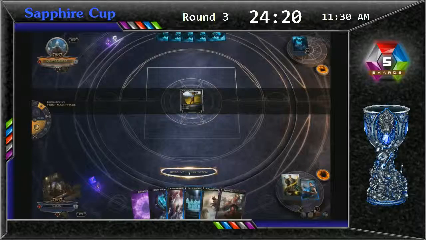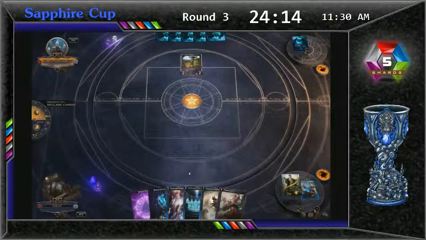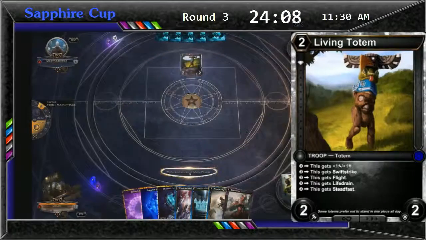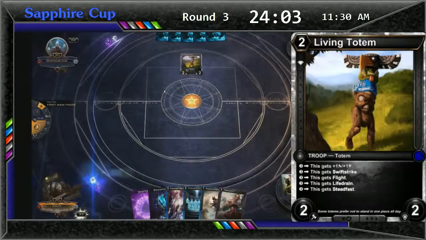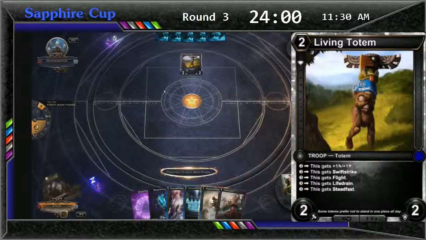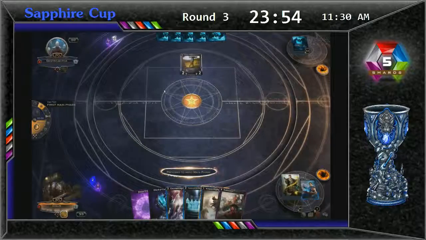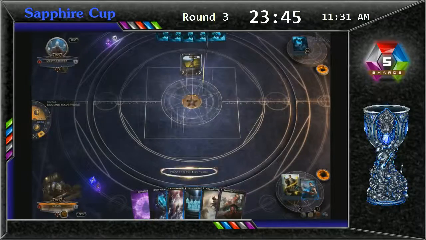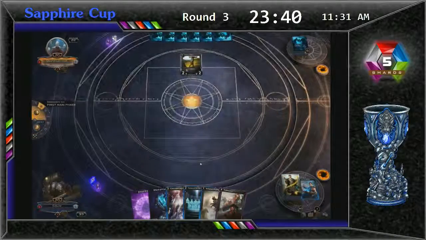You see the Living Totem played on turn 2 yet again. Living Totem has always been strong, and this Brave New meta game is no exception. A fantastic troop that's solid on its own as a 2-2 for 2 and gives you a resource dump. Being effective with your resources does slightly increase your chances of winning every game, so...